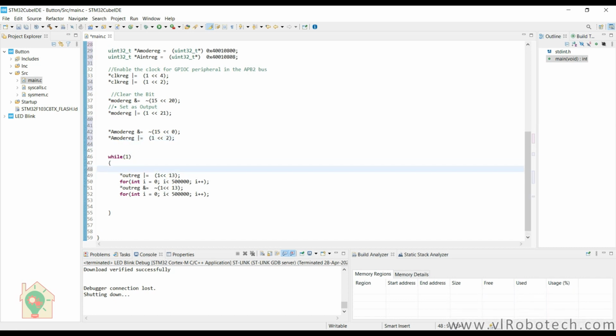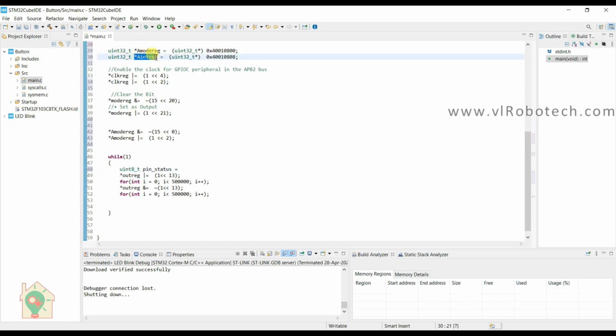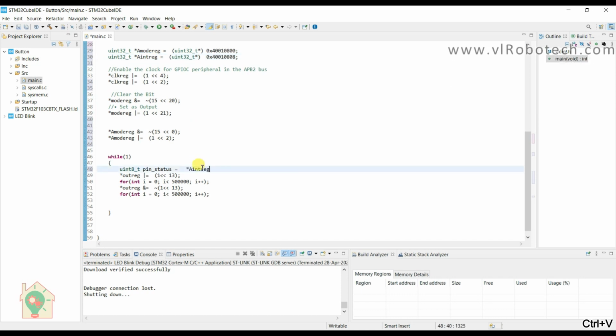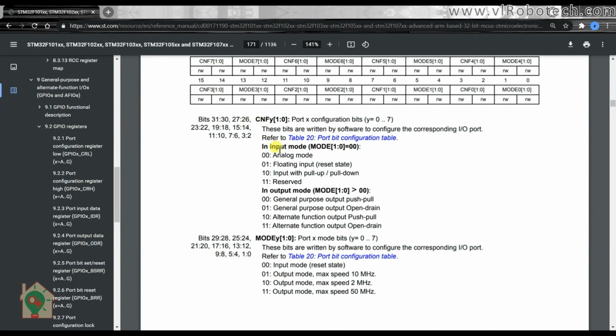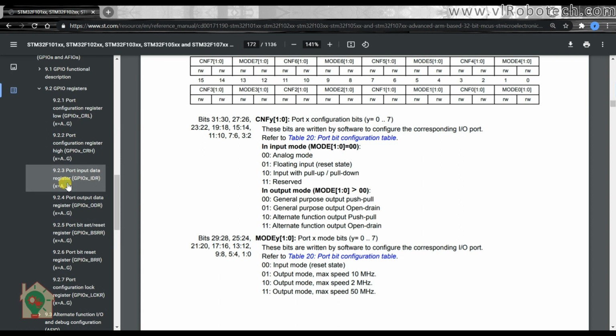Okay, now I will create here a variable, pin status, and we will read here this bit register. So go again to the reference manual and go to IDR.